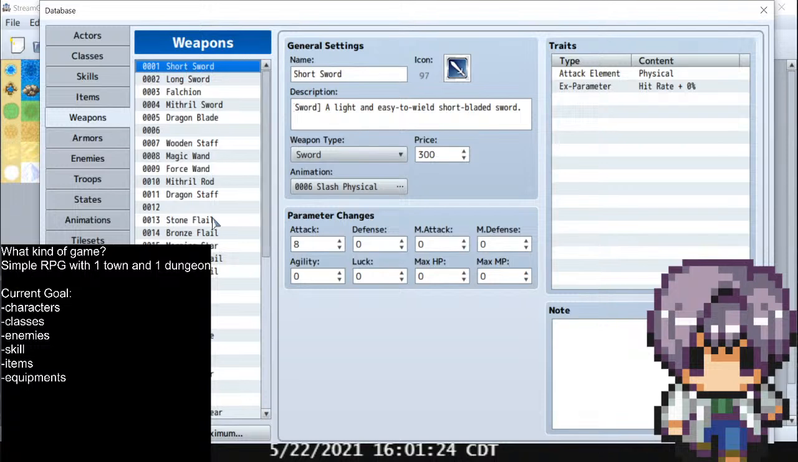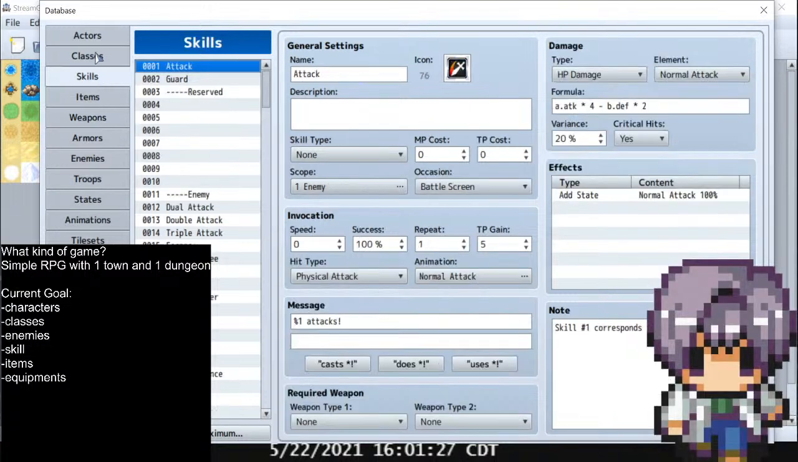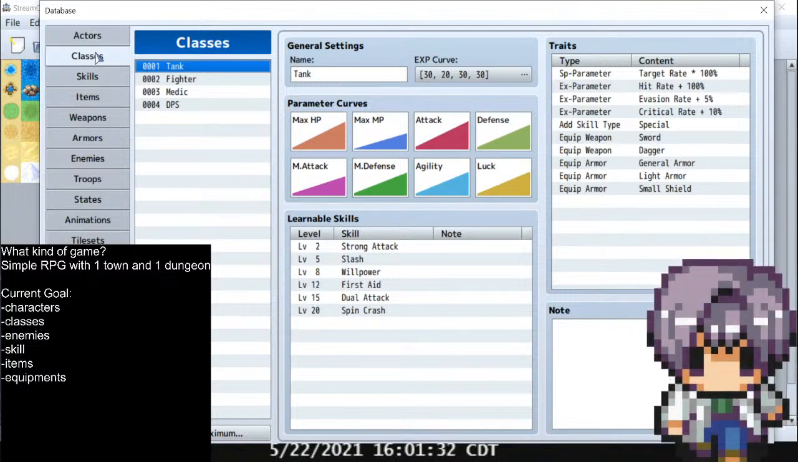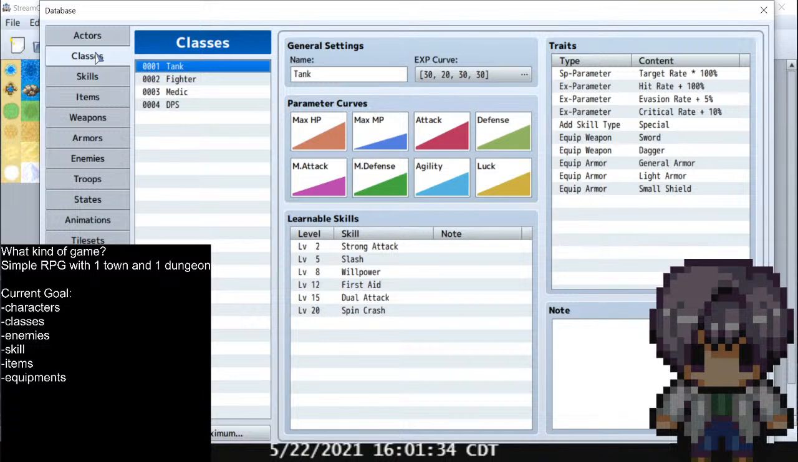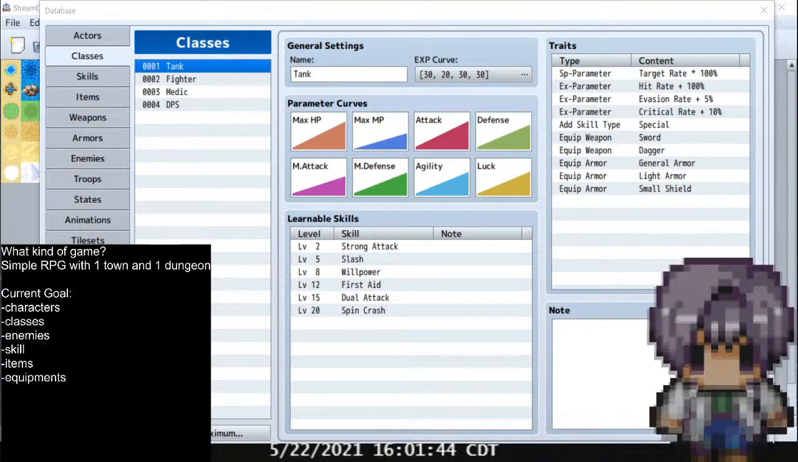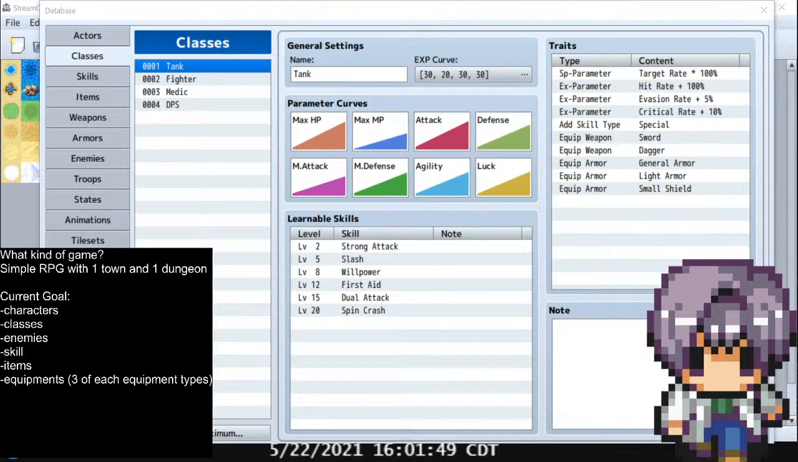Weapons. So we're actually going to probably limit it to like 3 weapon classes. Not 3 weapon classes. 3 of each equipment types. What I mean by that is, let's say the tank uses a shield as their primary weapon. We'll just give them like a beginner shield, mid shield, and end game shield. Because this is going to be a really small game,